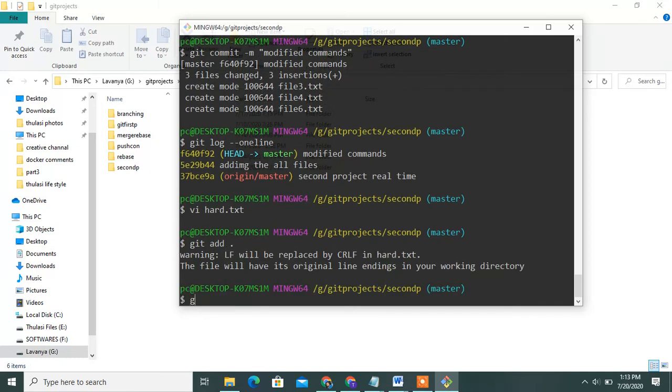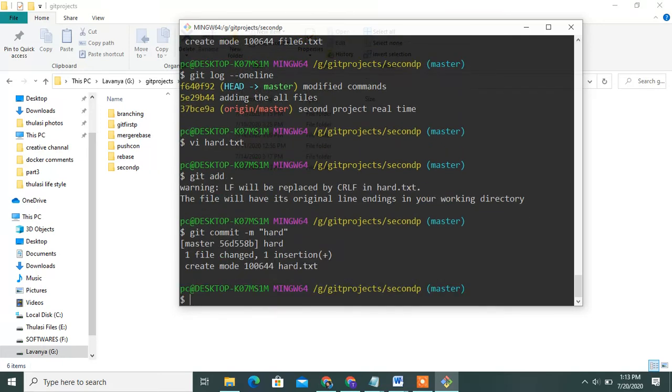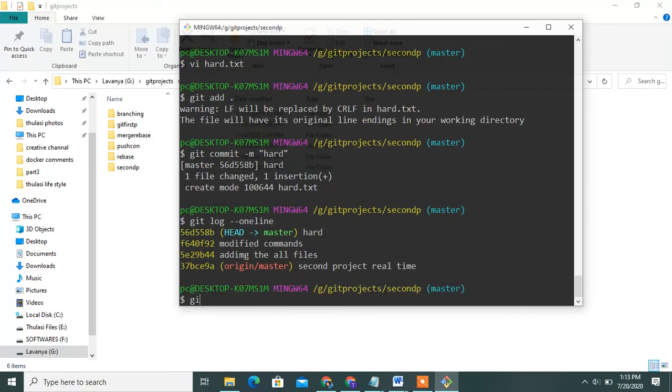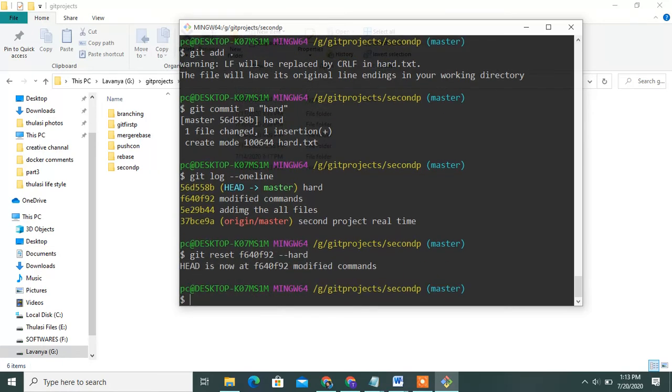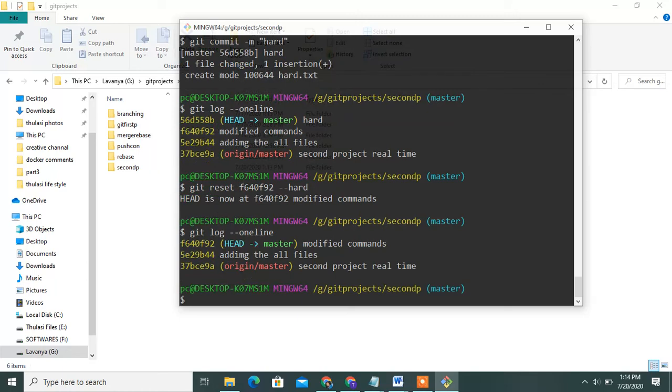Git reset, commit ID using, what is now deleted. You can store this.